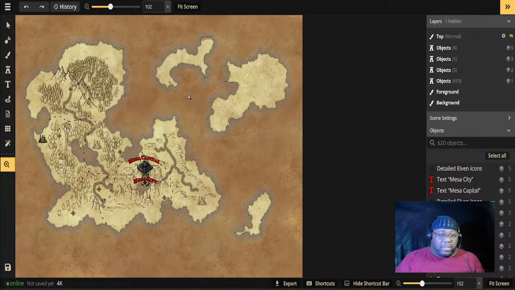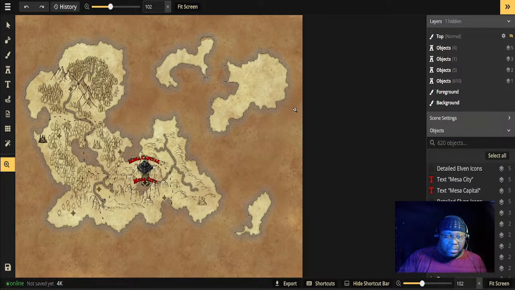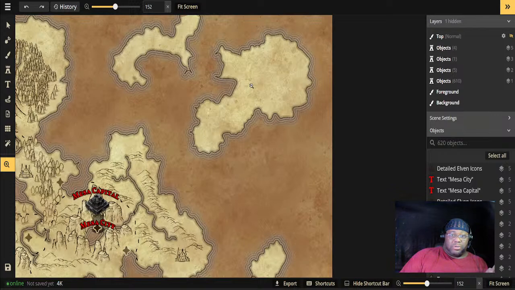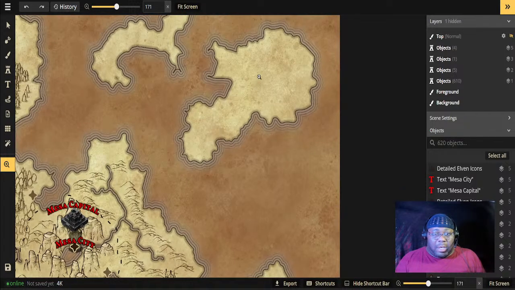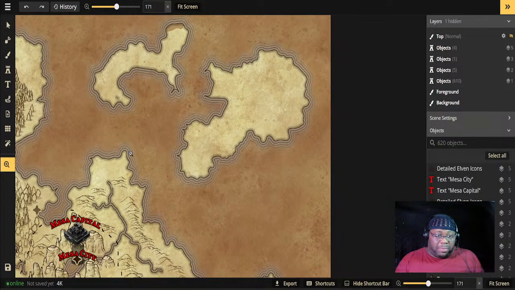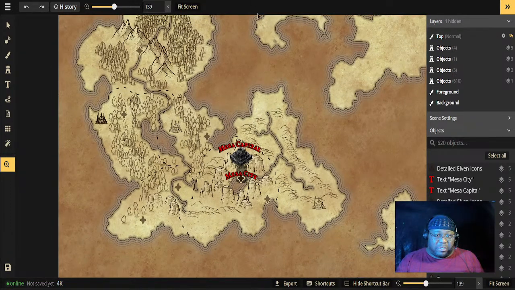Like I said when I was designing the tutorial, you always want to make sure you can distinguish your land mass from your water mass, and also make sure you establish your cities, create rivers, mountains, trees, capital cities, and borders,